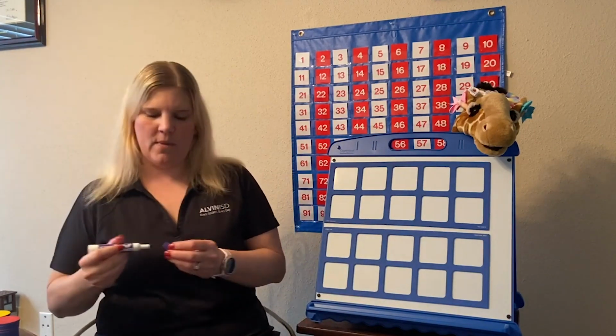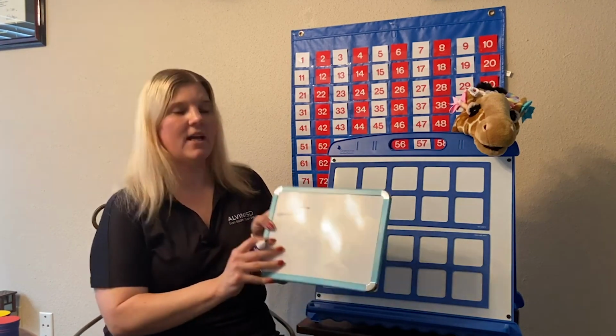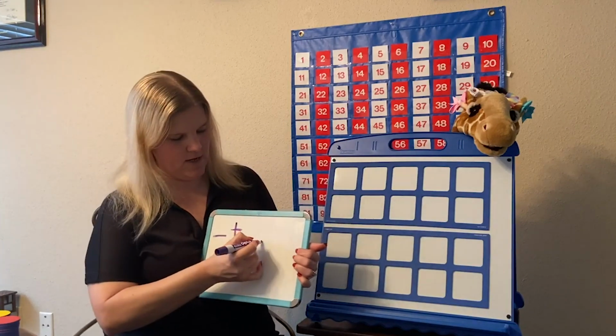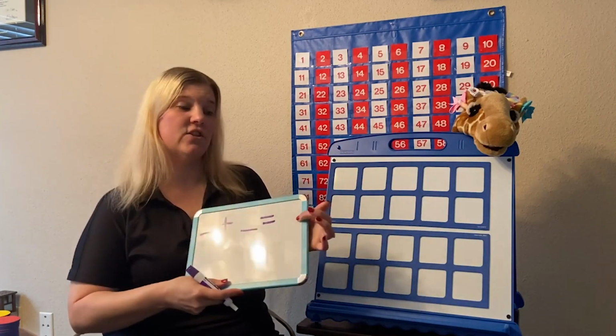So I brought my double 10 frames home and I thought you could do some addition. I'll write it on my whiteboard too, and then we can say 3, 2, 1, show me. You can either write the numbers and then write the total, or you can write the number sentence. Now remember, if you write a number sentence, you're going to have one number and then a plus sign that looks just like that. And then you're going to have another number and then equals and then the total, okay? So,